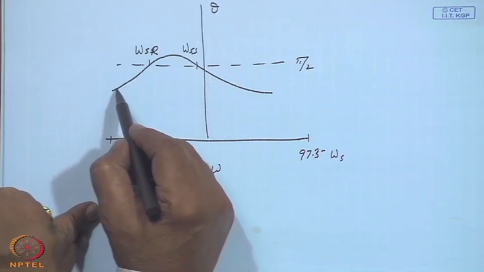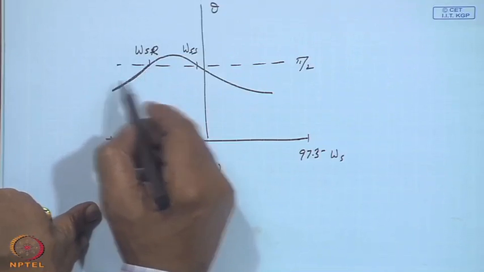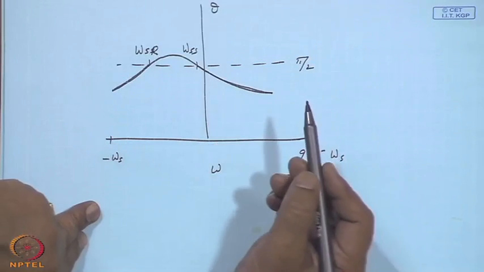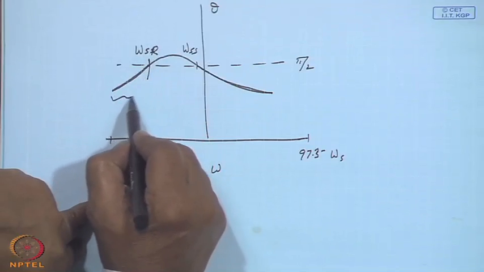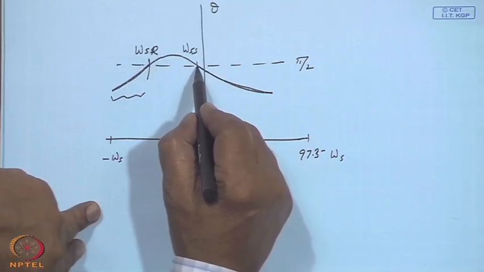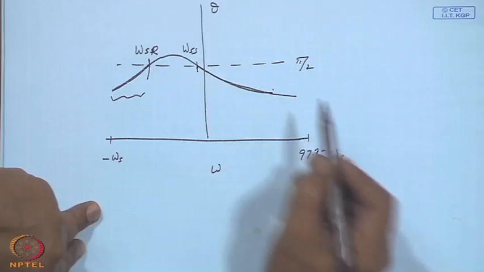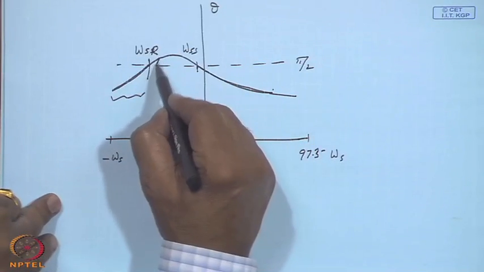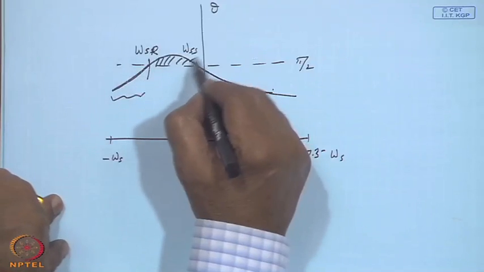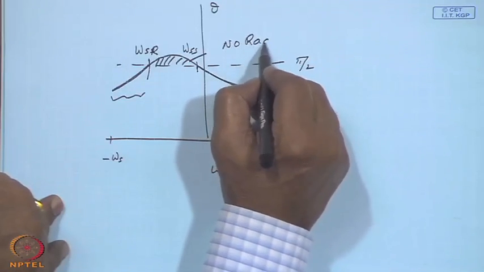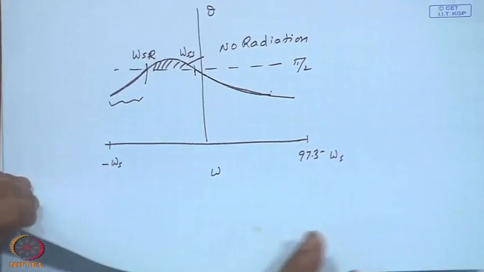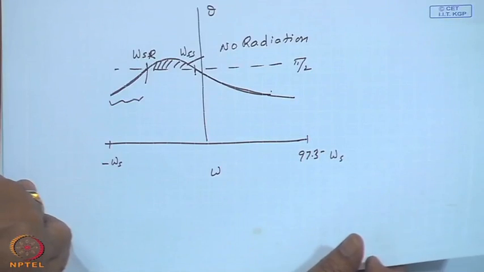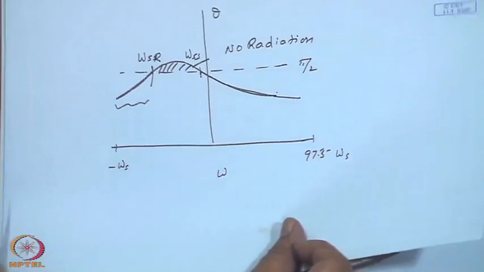And actually, if you had plotted, you will have theta less than pi by 2 here and theta less than pi by 2 here, defining that the surface should receive the radiation from the sunrise up to omega SR and again from omega SS up to whatever is the physical sunset. So, this is the part with no radiation on the surface. That is where you do the piecewise integration, minus omega s to omega SR and omega SS to omega s. The last one